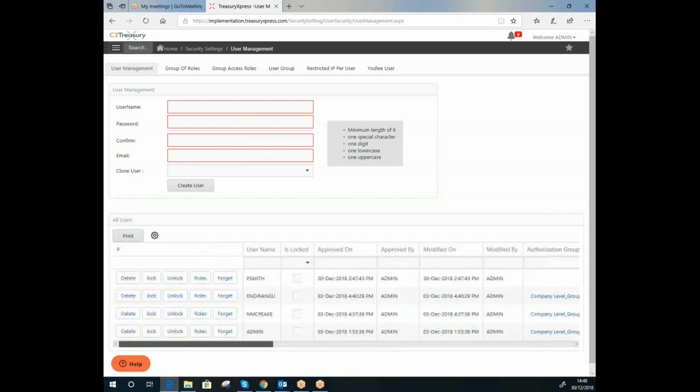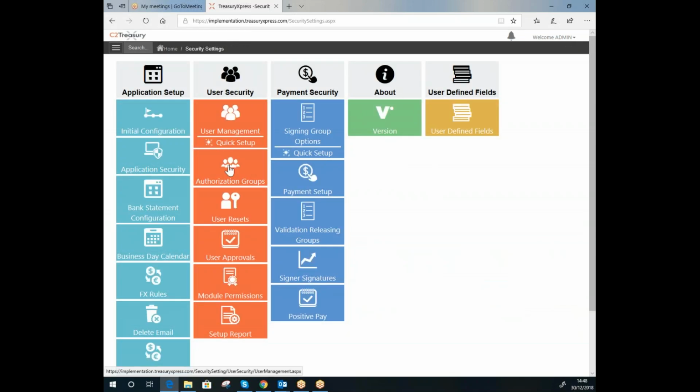Okay. So the second and possibly the most imperative set up for our users is their authorization groups. Without an authorization group, those users cannot see any data within C2 Treasury. If you go to security settings, go to authorization groups,